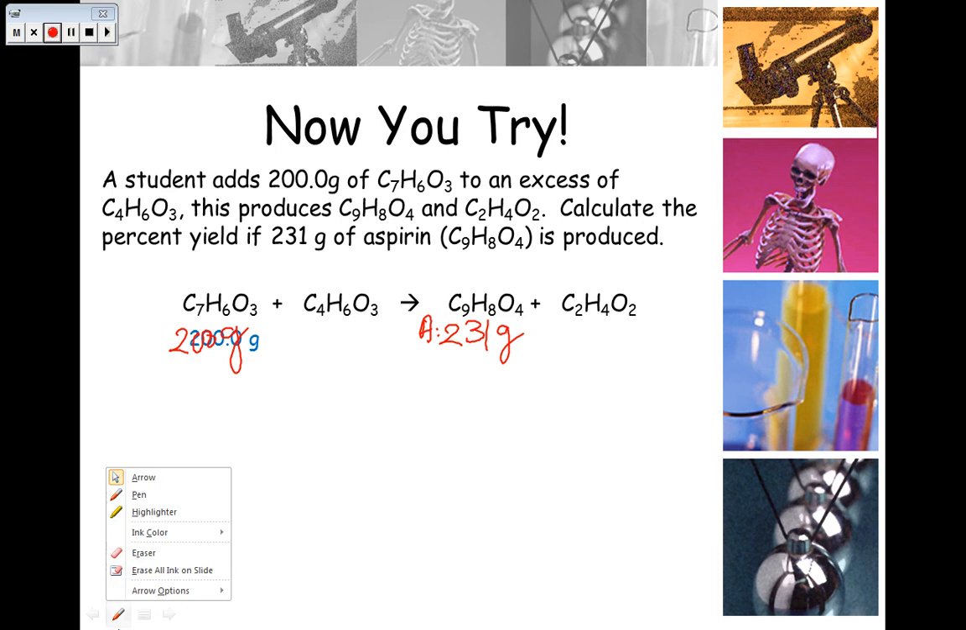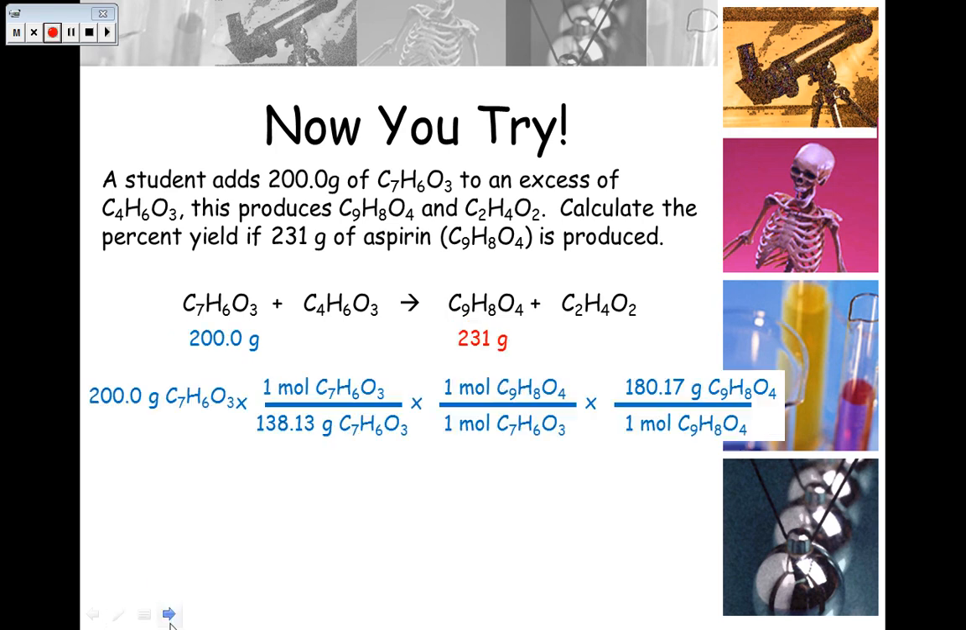Oh, let's erase some of the ink first. Okay. By doing the very first step, you're taking the grams to moles. So at this point, the grams of C7H6O3 cancels out, and you're left with the moles. You've converted the moles to now the moles of aspirin. Remember, the actual yield is given to you in grams, so I'm going to have to go ahead and convert this to grams as well. So my final answer is